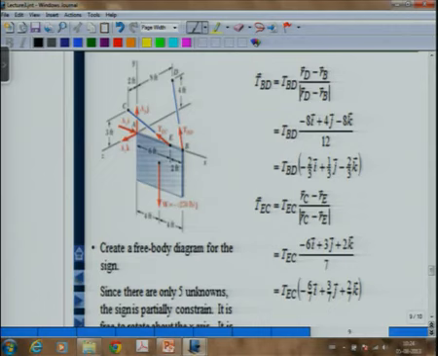Okay. Now, the first question which comes to our mind. There are only 5 unknowns, and when I write my equations of equilibrium, I will get 6 equations. So, is this a system which is not in equilibrium, or